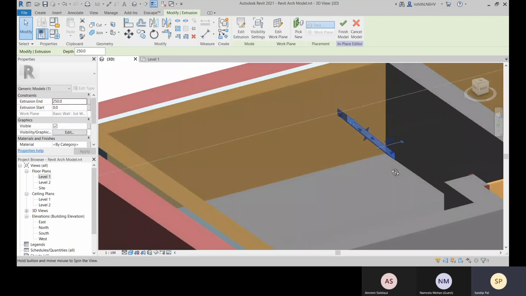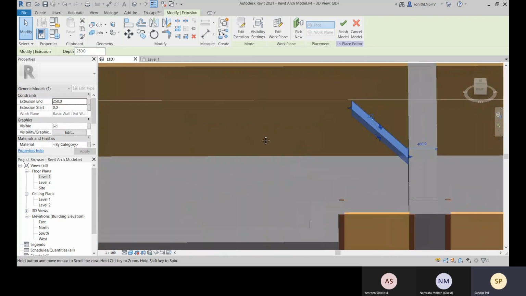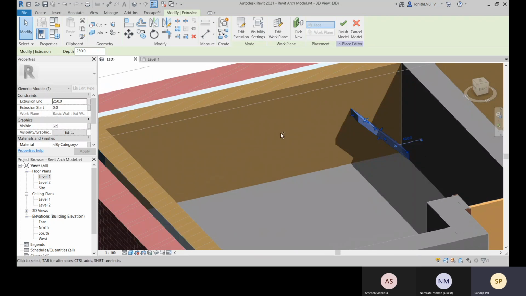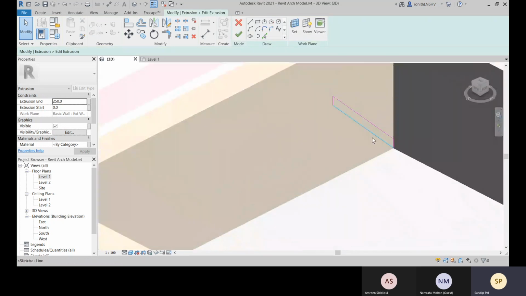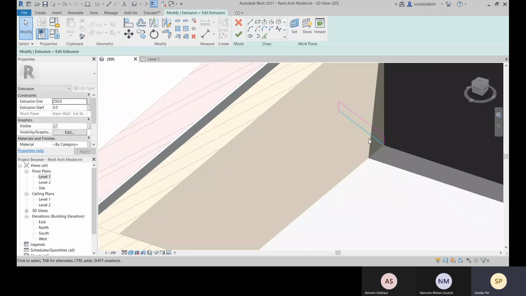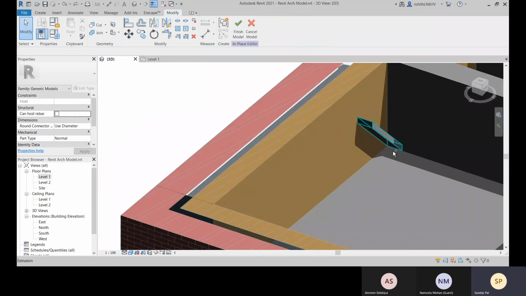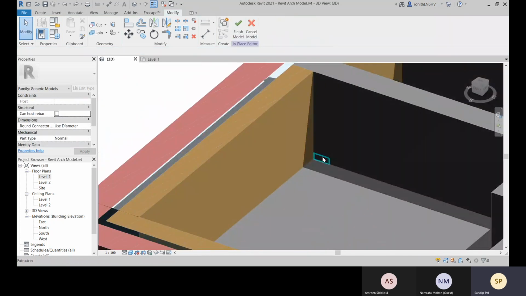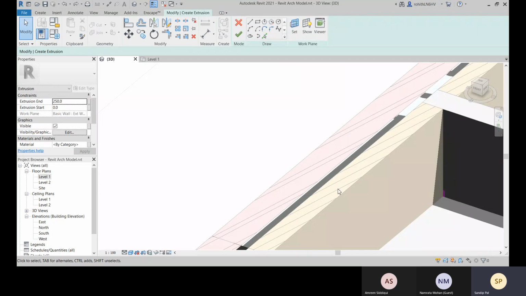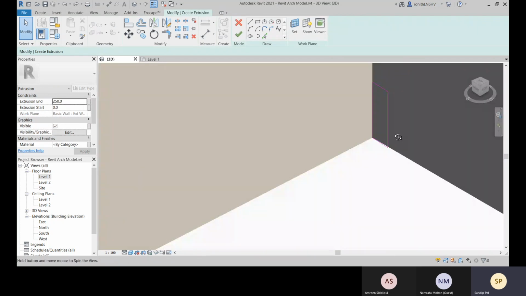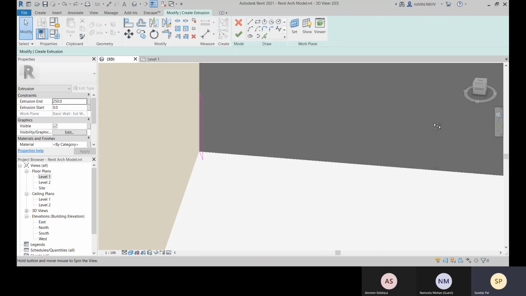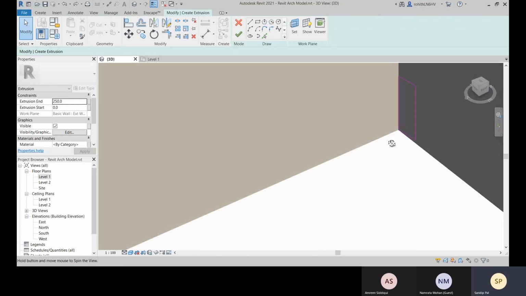So you are having this option. After this also you can change the profile and you can edit it. Okay, you see the profile has been changed. Here I have created the profile this way, so that's why it's coming like this.